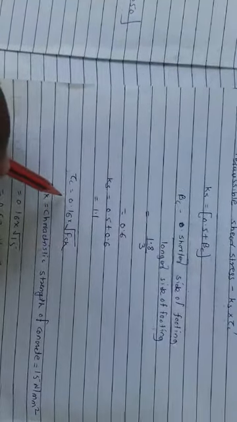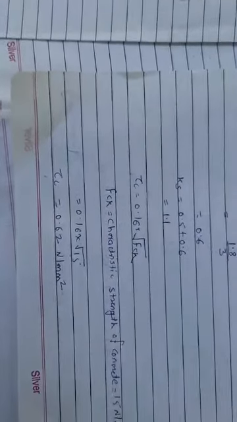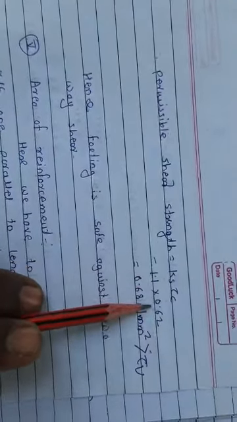Then the tau c is given as 0.16 times root FCK. FCK is your characteristic strength of the concrete. We are using the 15 grade of the concrete, so 0.16 into under root of 15, so we are getting the tau c as 0.62 Newton per mm square. Then the permissible shear strength is given as Ks into tau c. So Ks is your 1.1 into tau c is your 0.62. Now after simplifying this one, we are getting the permissible shear strength as 0.68 Newton per mm square, which is greater than shear stress developed. So your section is again safe as per the